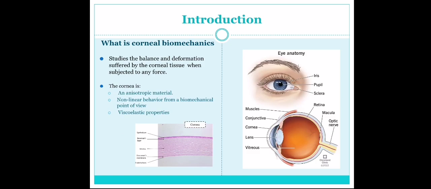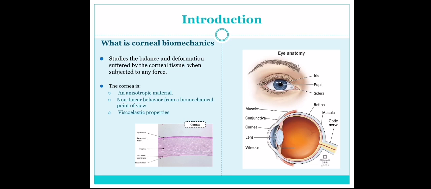First of all, the cornea is the outer part of the eye. It's transparent and has a dome shape. What are we talking about when we refer to corneal biomechanics? When we apply mechanical knowledge to biological organs and structures, we develop what we know as biomechanics. Corneal biomechanics studies the balance and deformation suffered by the corneal tissue when it's